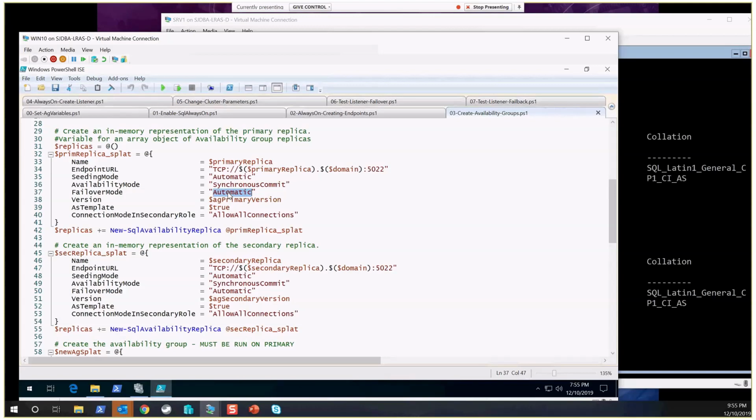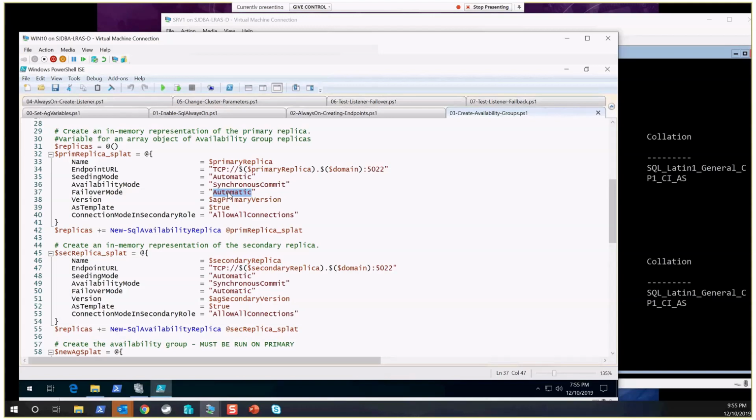When you do a synchronous commit, that's going to be an automatic failover, but you could do an asynchronous commit and have a manual failover, in which case this wouldn't really give you HA, but it could still give you that load balancing to offload reads and writes to different nodes, or if you just wanted to use it for reporting, you could use it for that, and it could be a little bit further behind,